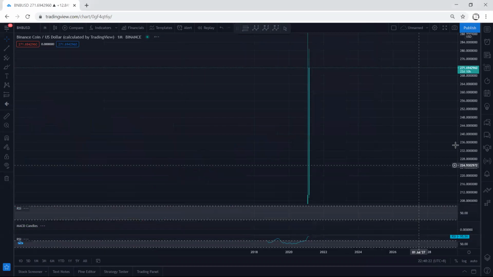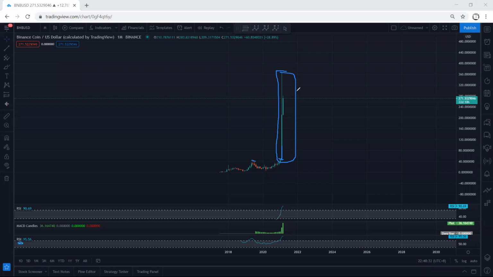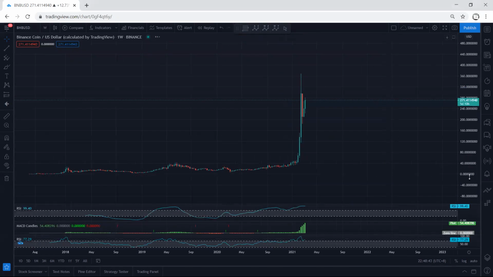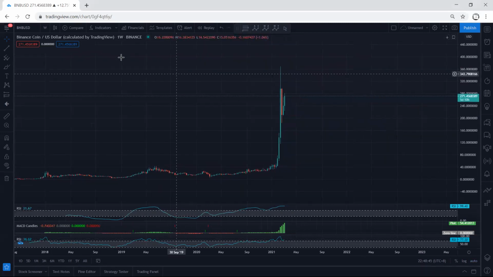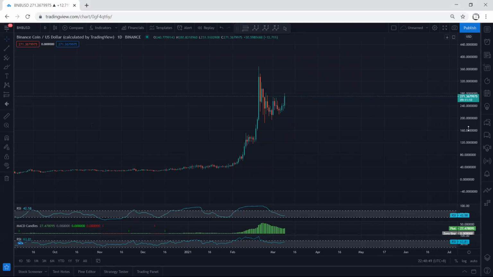In this case, we start with the monthly chart. As we can see, based on the monthly chart, in the last 2 months the price sharply broke the previous top and continued. This is what we get, a really big move. We don't have any structure behind it to look at because this is the top of the price. I don't think the monthly and weekly, even daily, can help us if we want to analyze. On the weekly we have nothing to look at, and if we move to the daily,